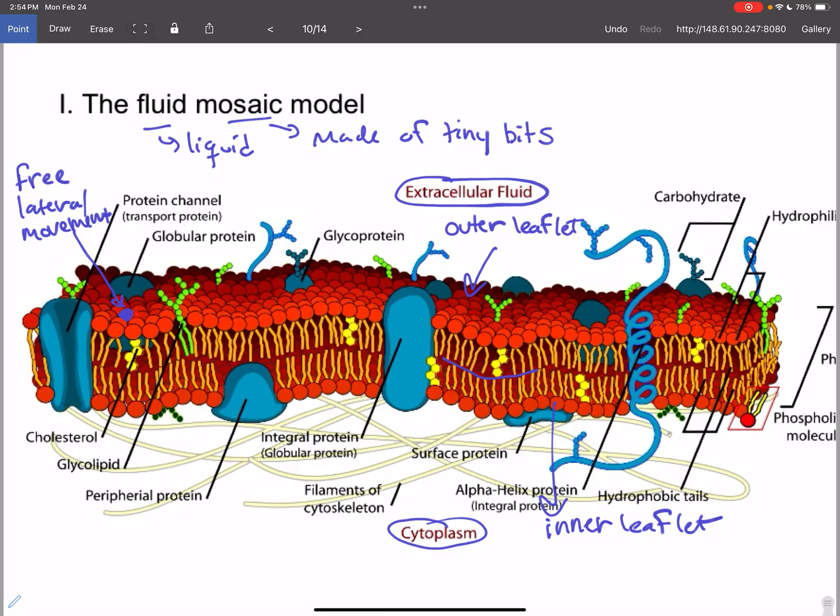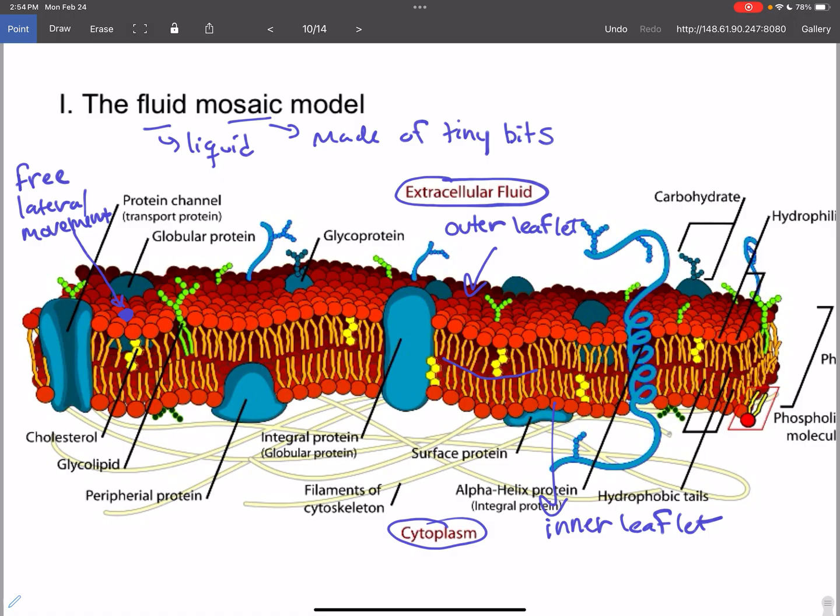And so it can wiggle, go throughout the entire membrane and wiggle around. That's true for all of the lipids and many of the other things in here, that they're able to move side to side and back and forth in that plane, staying, for example, within the outer leaflet. Likewise, the lipids and structures within the inner leaflet are free to move around as well,